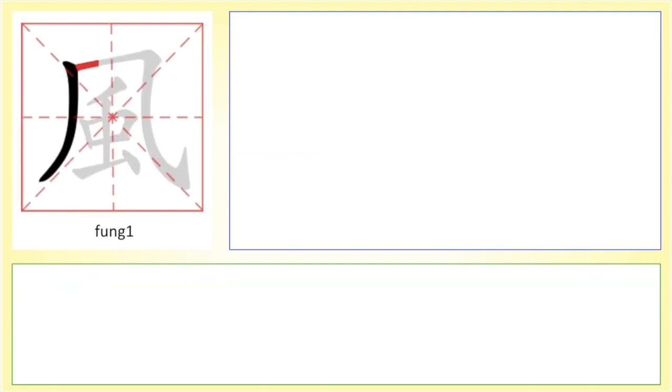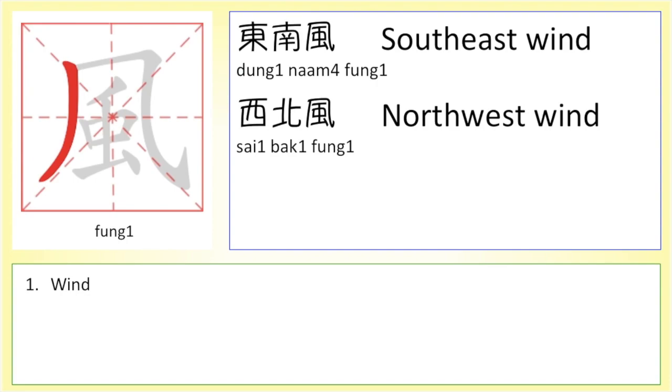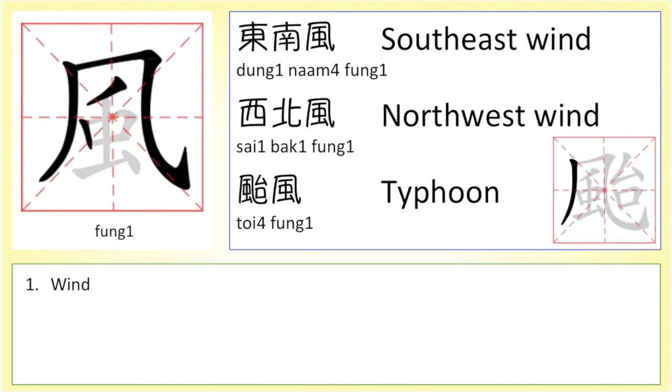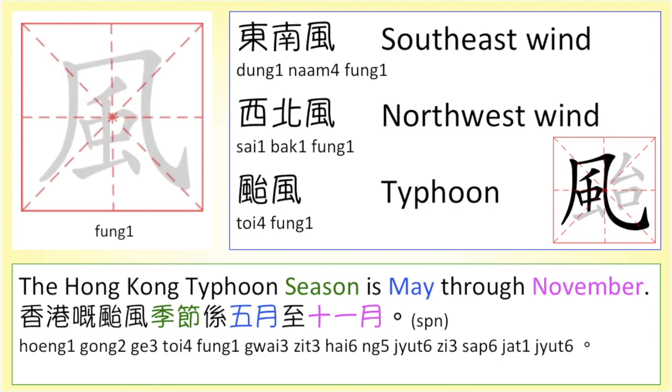The second character is 風, meaning wind. For example, 東南風，西北風，颱風。香港嘅颱風季節係5月至11月。